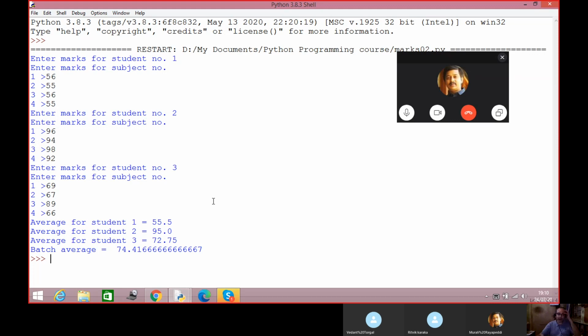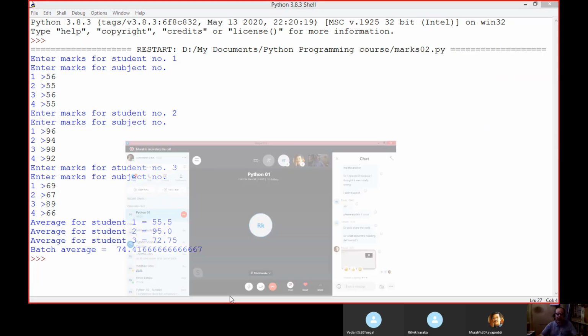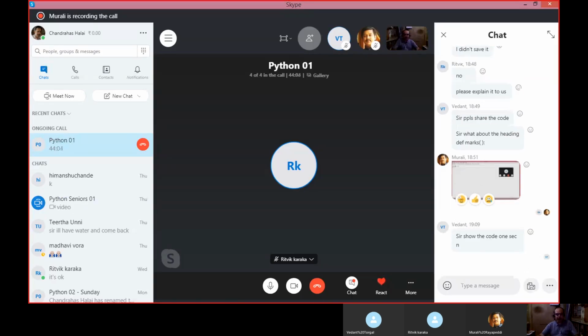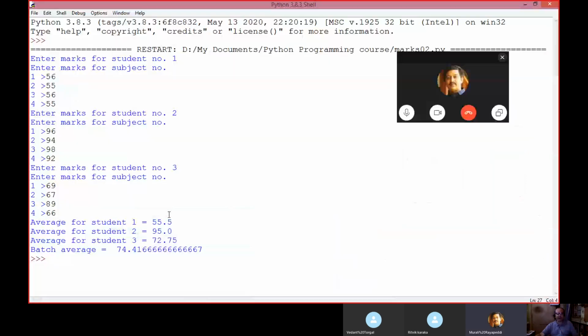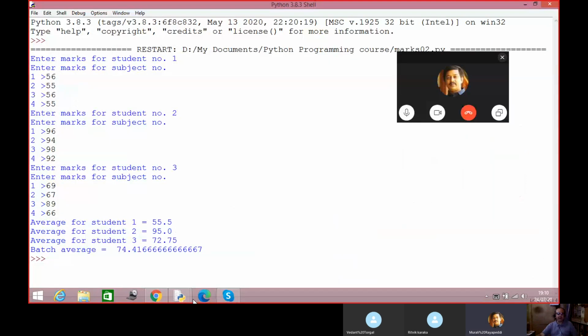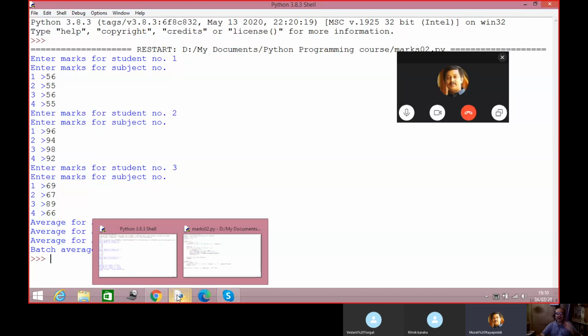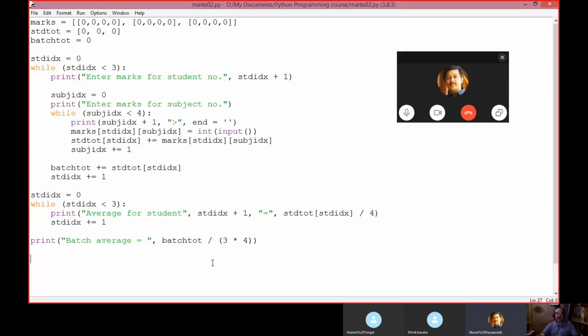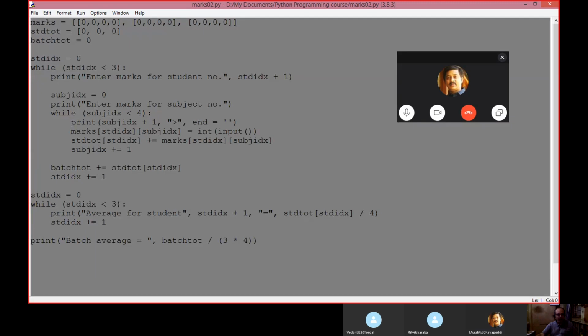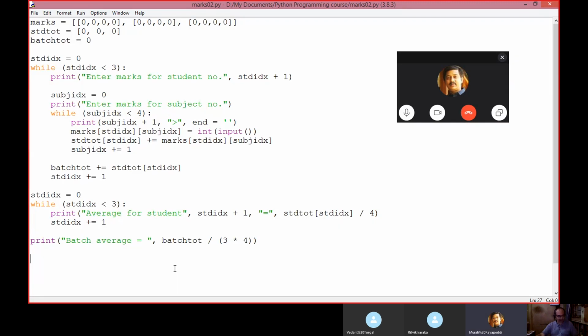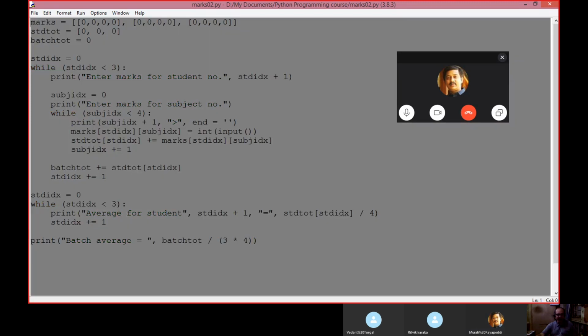Now we will do one thing. Want to see the code? Wait a minute. Now we'll do. We'll try out something new. Can I show my code? Can I show how I did it? Can you just tell me what is the mistake? So you analyze it. We will watch it next time.